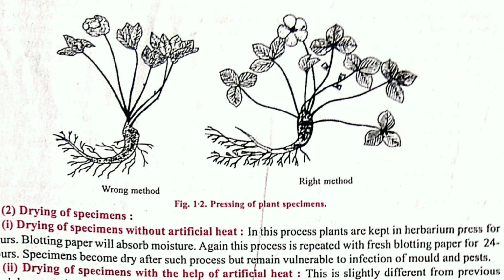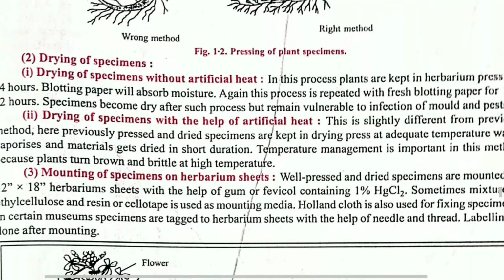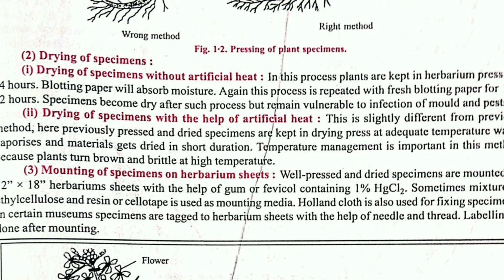Okay, see here, the first figure is the wrong method. The second one is the right method. As we can see, in the first case the leaves of that particular plant as well as the flower have overlapped with each other, and in the second case they are freely kept, and we can clearly see how many leaves and how many flowers there are. So the drying method can be done naturally, or by an artificial method also. When we talk about the natural method, the plant leaves are collected and preserved in old copies. Again we change the pages, and so on we continue.